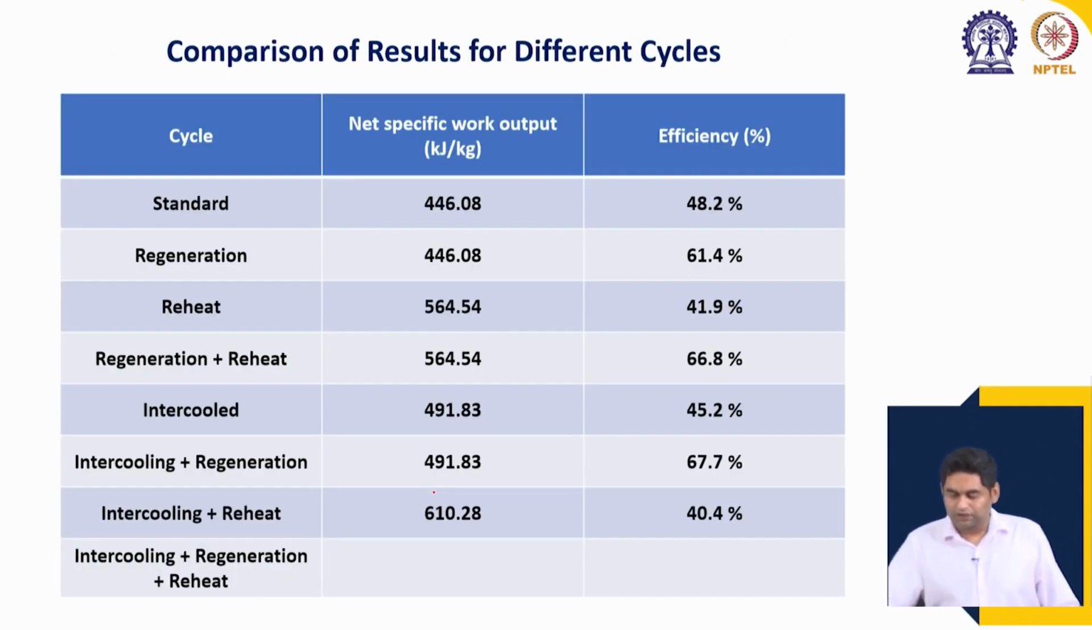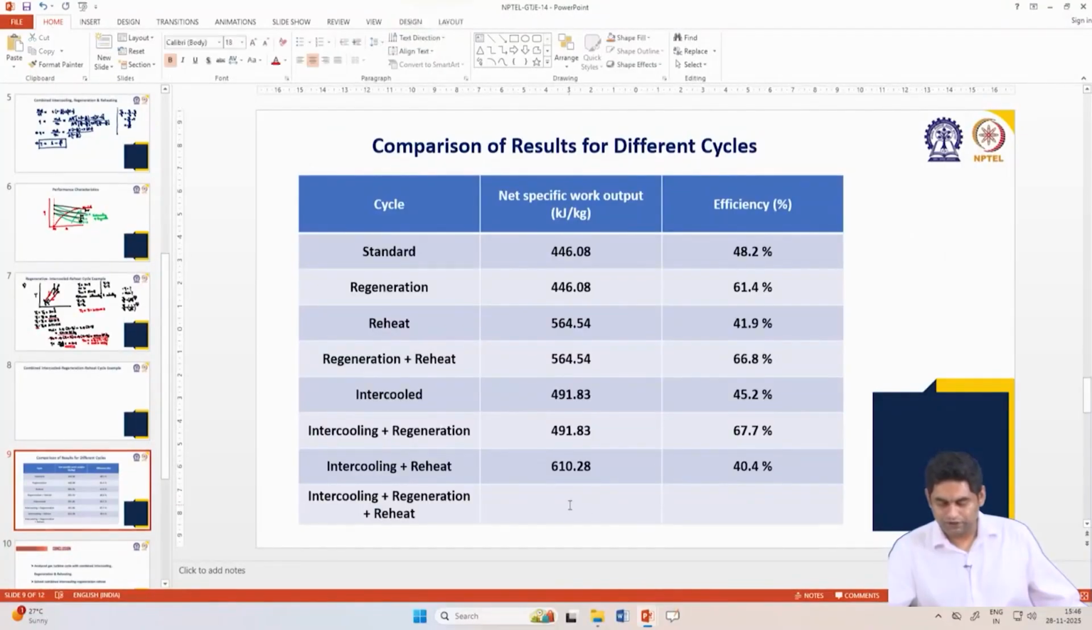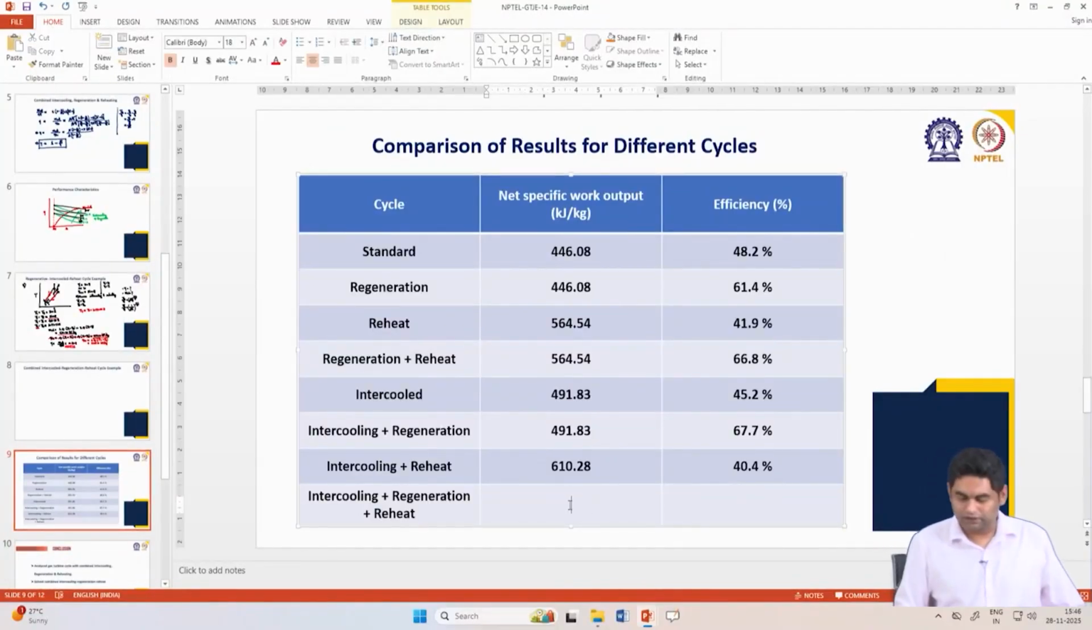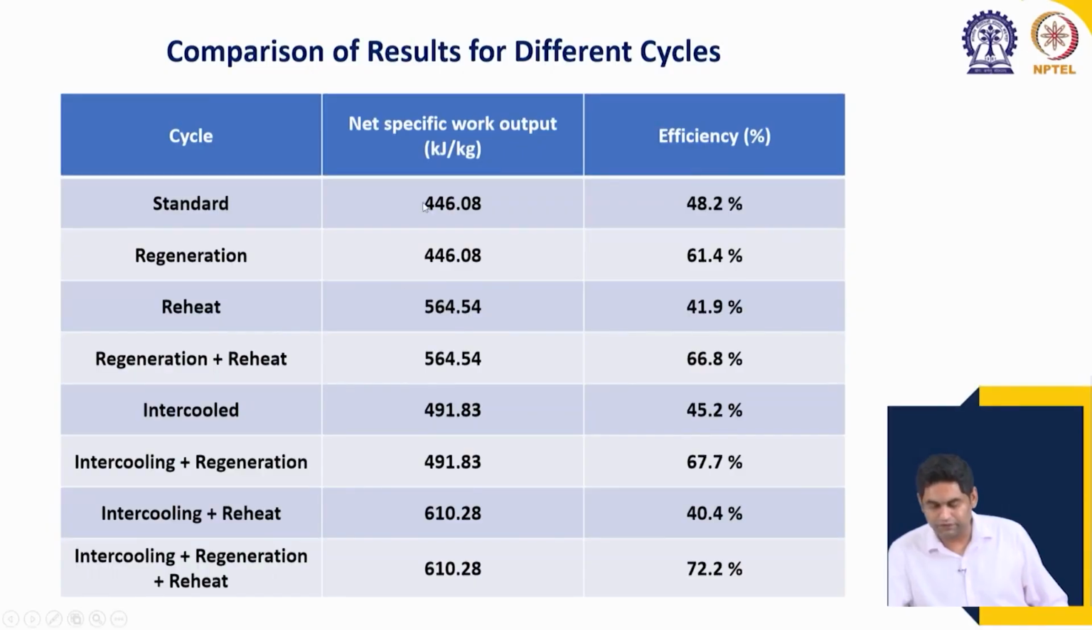So, if we put the final values here, we can compare. In this case the work remains the same, 610.28, whereas the efficiency increases dramatically to 72.2%. Okay. So, this is from our latest calculation. All these are from the hand calculations that we have done. So, we have solved each of these problems with the same setup, so that we can have a very nice and fair comparison, and we see that